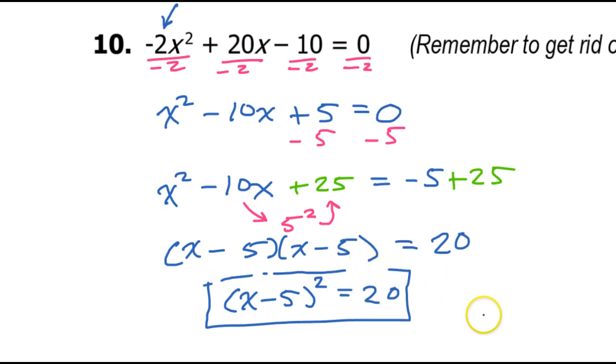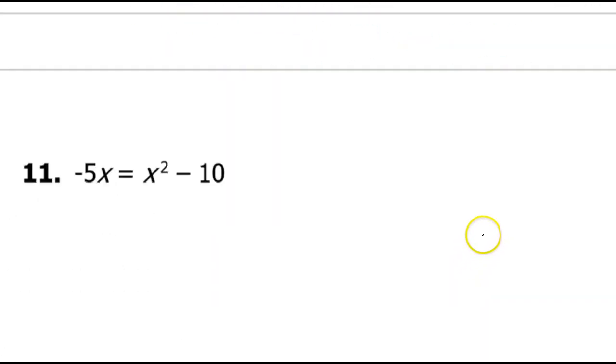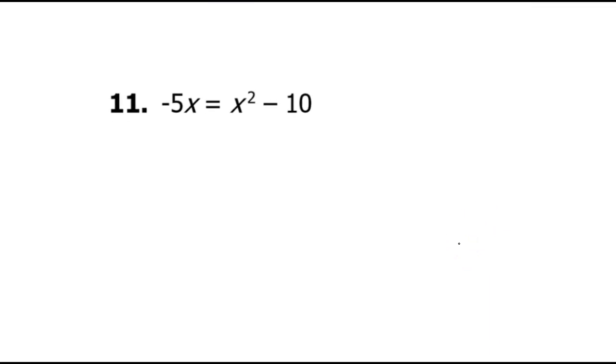Why is it skipping around? All right, anyway, number 11. Okay,